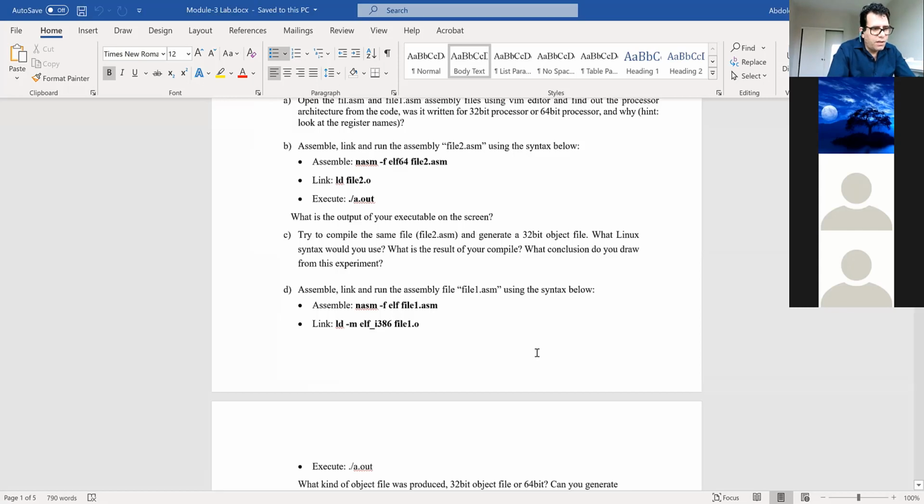Now, the question asks you, can you produce code that runs on a 32-bit machine from this file? And this has been explained for you, I guess, in the lecture 3 video. It's regarding compatibility. When you write code for a 32-bit machine, can you run it on a 64-bit machine? And the other side of the question is, if you write code for a 64-bit machine, can you run it on a 32-bit machine? As we explained at the beginning of this course,